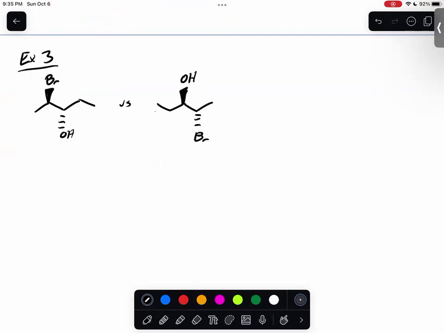Now, let's take a look at connectivity. So, on the molecule on the left, we're just going to label this one relatively arbitrarily, 1 through 5. On the molecule on the right, we got to make sure the bromine's off carbon 2 and the alcohol's off carbon 3. Looking at this, we see that if we number it in this direction, that is true. So in this case, we have so far same molecular formula, same connectivity, right? Everything that's connected in one is connected the same in the other,